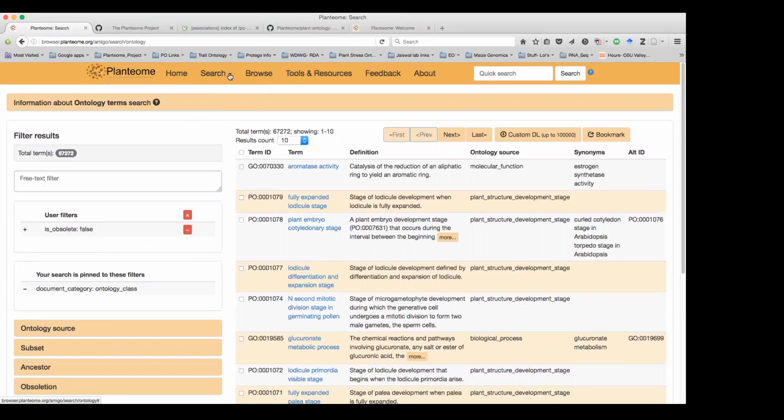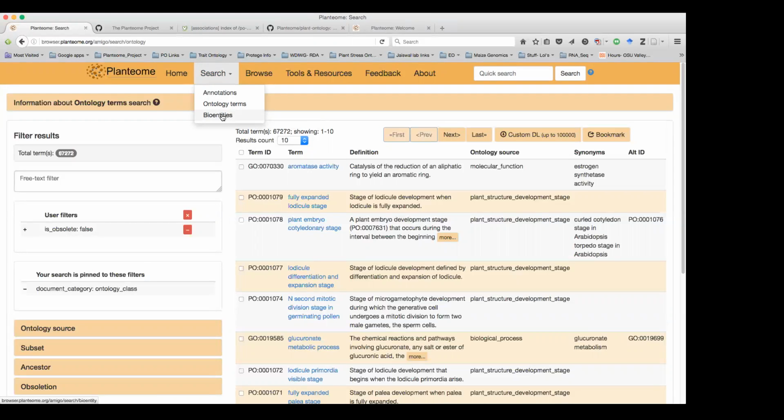Oh, this would all be maize for me. This would all be maize. Well, there's a very good chance that we probably have it. And I want to just show, when you come to our search page, you can click at the top under search here and search for either annotations, ontology terms, or data objects like specific genes or QTLs, for example, or